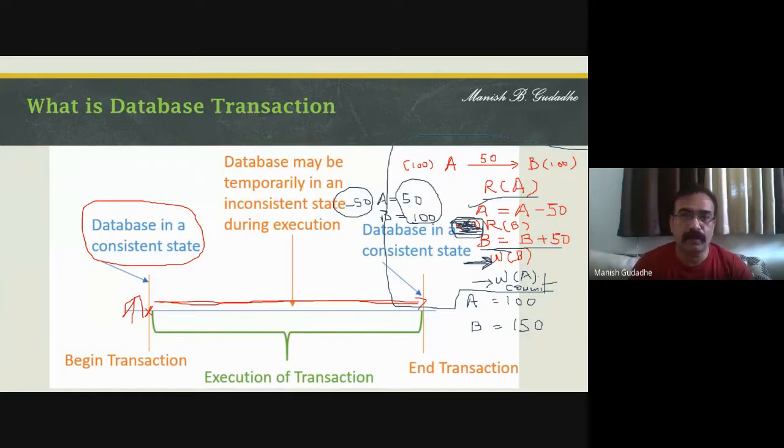Okay, so during this transaction, whatever changes happen will not be reflected till we hit a commit button or we hit a commit command. Okay, so at any point of time, if the transaction fails, all the changes can be rolled back. There will be no changes happening in the first consistent state.